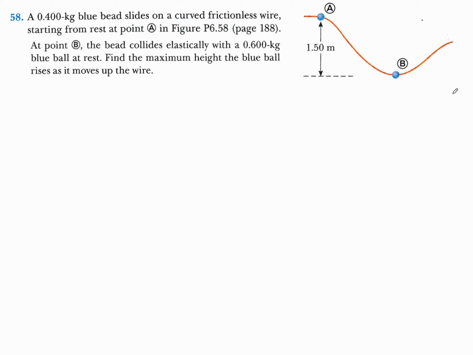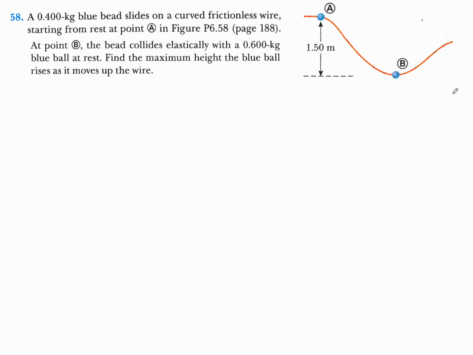So for number 58, we've got an elastic collision, but it's kind of an interesting one. You've got a 0.4 kilogram blue bead sliding down a curved frictionless wire starting from point A, and then at point B it collides with a 0.6 kilogram blue ball at rest. In the diagram, they look the same. Find the maximum height the blue ball, that's the one at the bottom, will rise up the wire after the